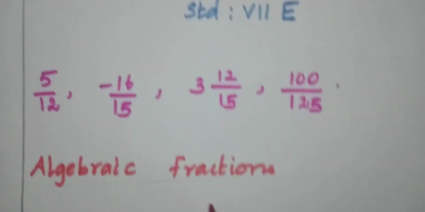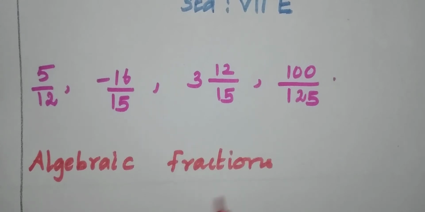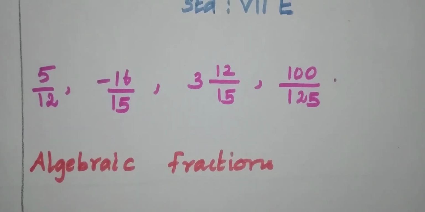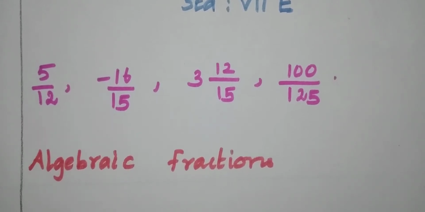An algebraic fraction is a fraction in which the numerator or denominator or both have variables with or without constants. Once again, an algebraic fraction is a fraction in which the numerator or denominator or both have variables with or without constants. Example,